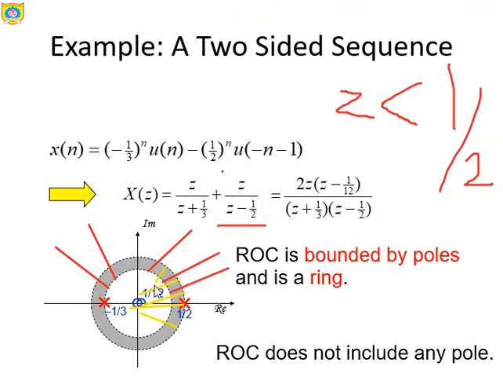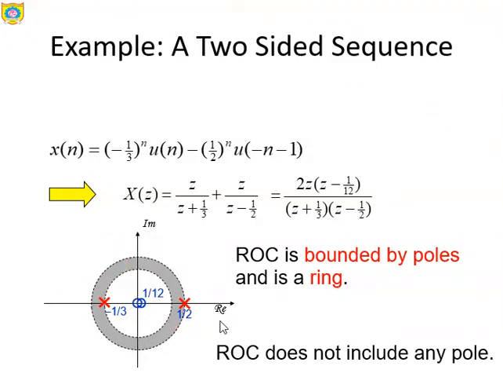Now just check here, the common portion for these two ROCs is nothing but this particular portion. Since this portion is common, it is nothing but the ring which is shown over here. So for this expression, this is the first part for which we need to get the ROC. Next is the second part. Like this we will get the ring fashion as a result of the two expressions.